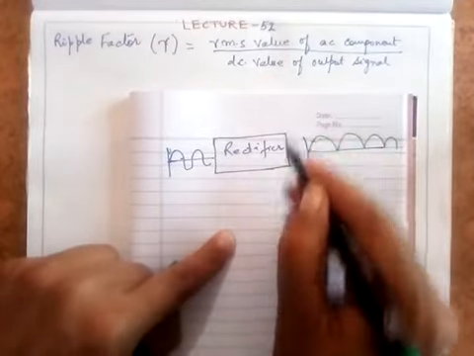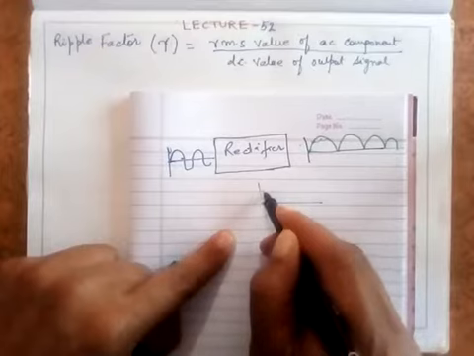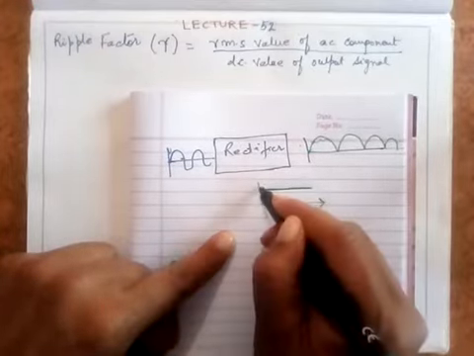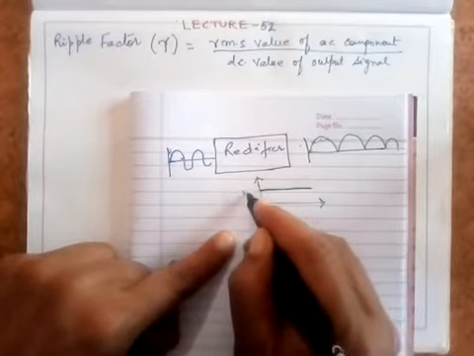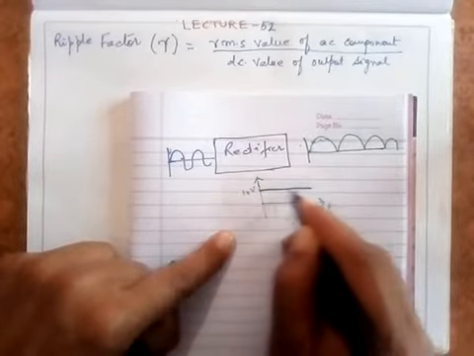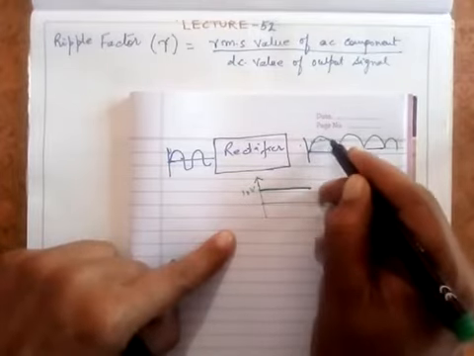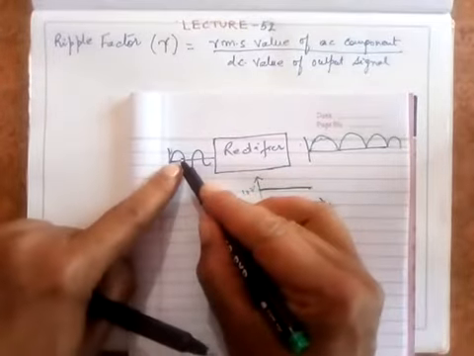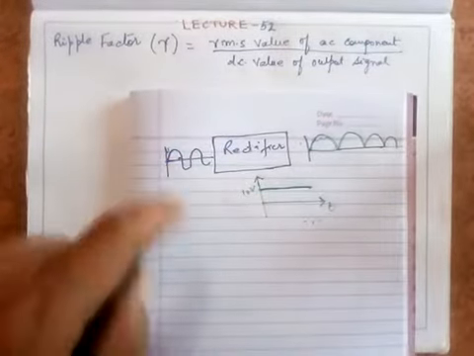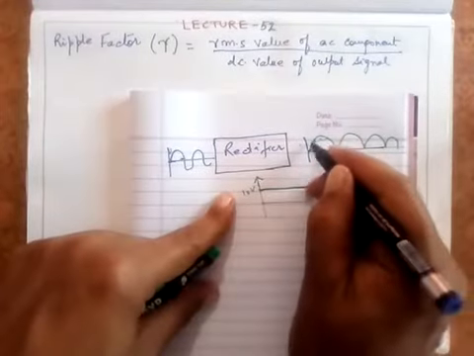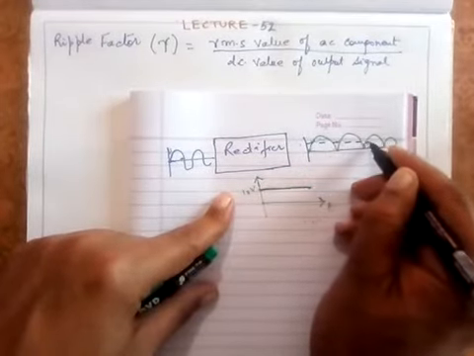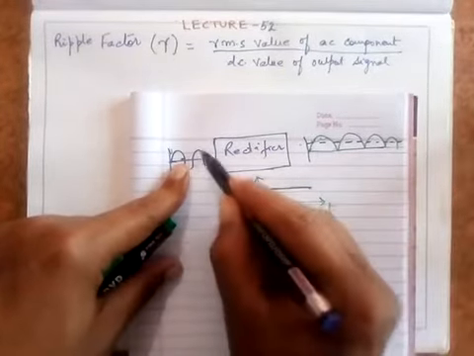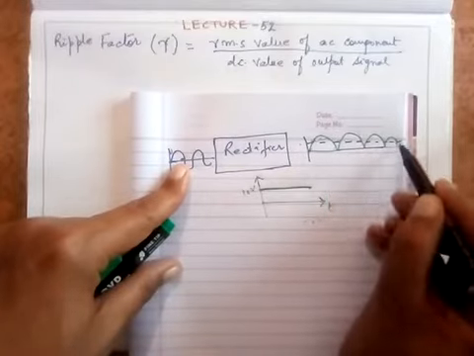The actual DC, as I have discussed with you many times, should have been a pure waveform. A pure DC has this nature: suppose it is 10 volt DC, then with respect to time you continuously get 10 volt DC. But here you are not getting a pure DC, you are getting a varying signal. It has an average DC value, and it has some AC components. Because of these AC components only you are obtaining this type of waveform.